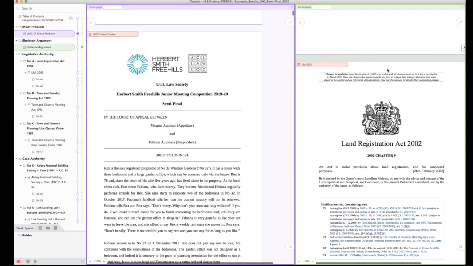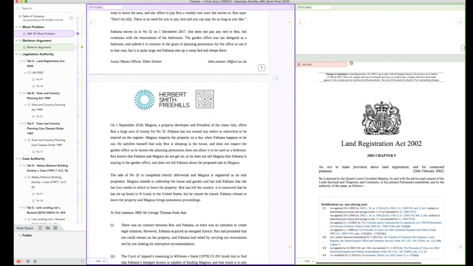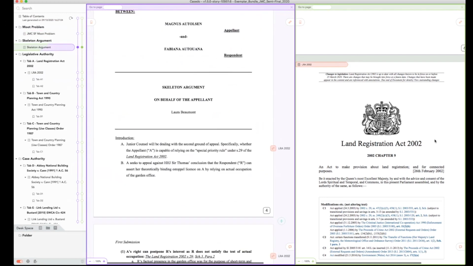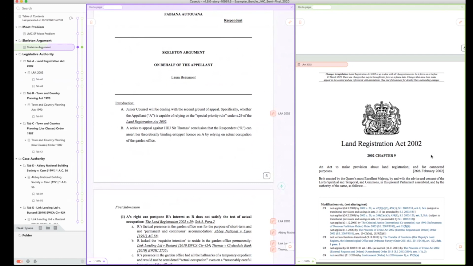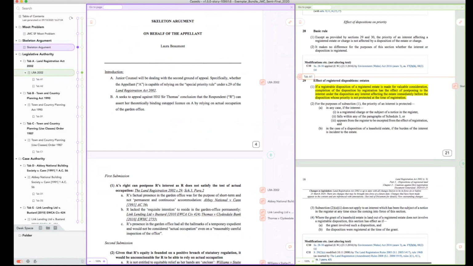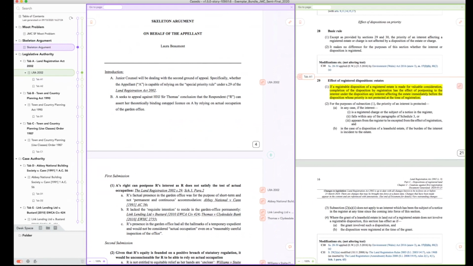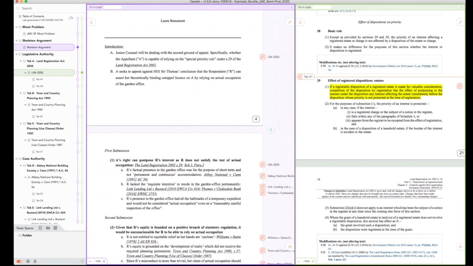We've got our moot problem, which we can mark up, and you may put markup on that. We've got the skeleton argument, so this is probably going to look more like your skeleton arguments than the one I was previously showing you. And you can see how on this skeleton, where there's a reference to the Land Registration Act, there's also a link to it, and a link to the very specific part they're referring to, section 29, and that matter's highlighted. So if the judge is primarily reading your skeleton argument and they're following you through that, they can very easily bring these resources up here.